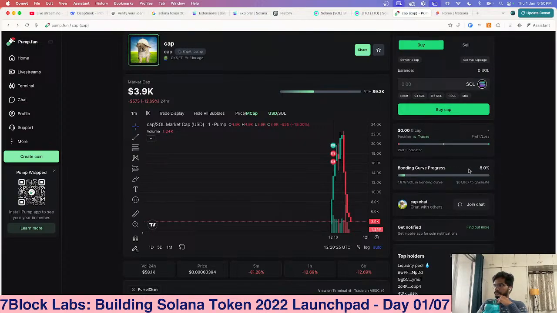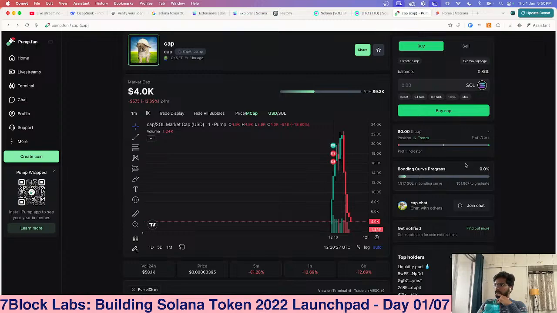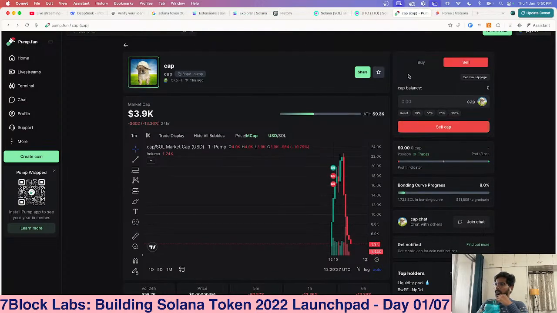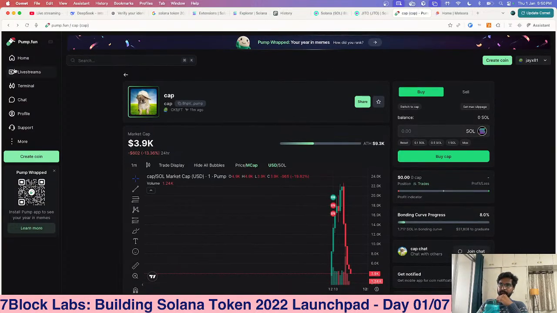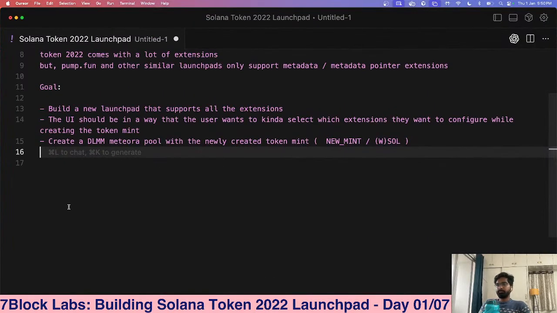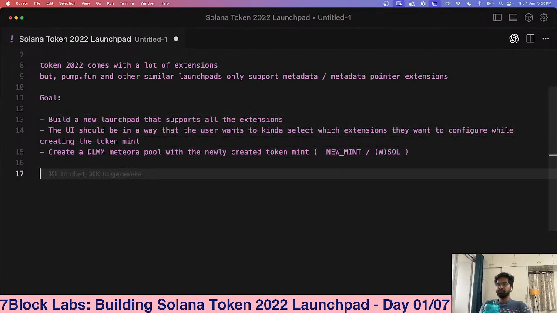There is this bonding curve, which we don't really need at this moment. And the trades. We can get these trades again from Gecko terminal. It's a free API, so that's fine. And here is a very minimal UI where you can buy and sell tokens. Yeah, I think that's about it. So we have this functionality in place, but